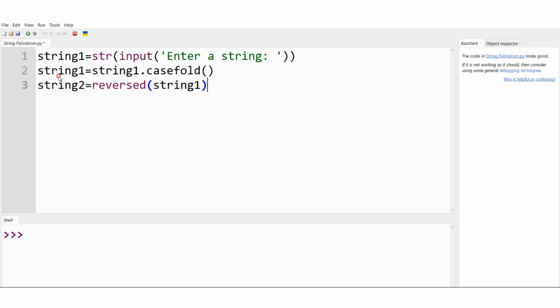Once this has been done, I have to compare, and as I compare, I cannot compare the two directly, string1 and string2. As I said, string1 and string2 will hold the objects. That cannot be compared. Before comparison, I should convert them into lists. So let me do that. List of string1. So here I have done it. If list of string1 is equal to list of string2, if these two are equal, then I should